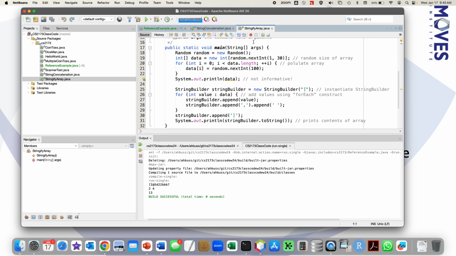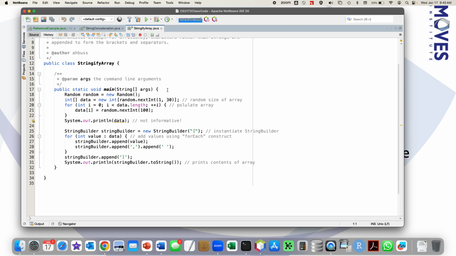So here's a way. What I'm doing here is, first, I'm using, remember our random object here? I'm not going to know until I actually run this how many elements are going to be in this. Notice that when I instantiate an array, it requires a positive integer inside the brackets. In this case, I'm going to say some value between 1 and 29.